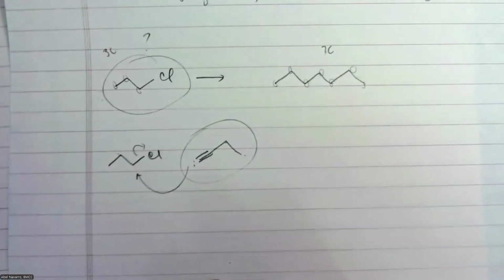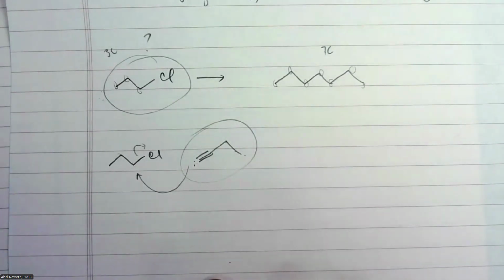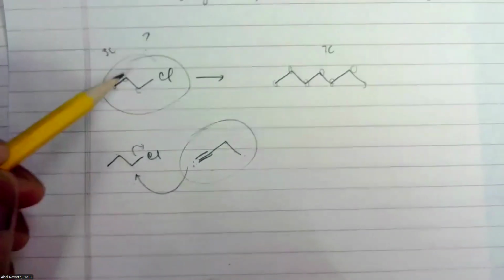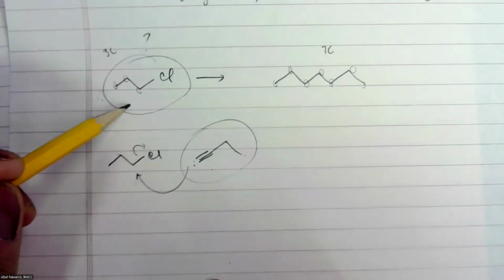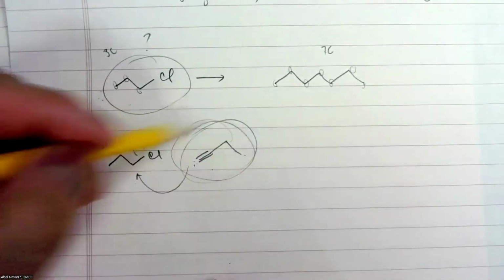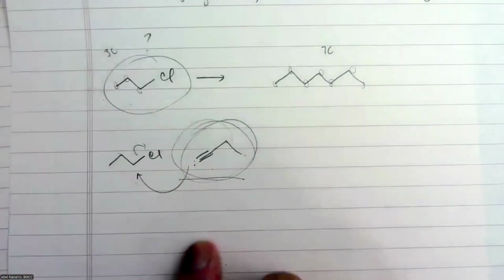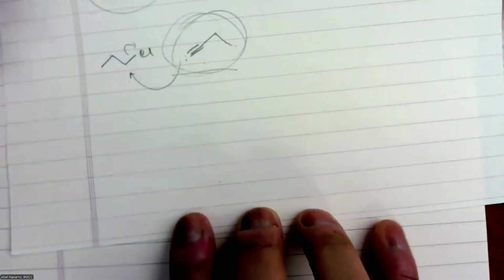All right, so I know that to make my chain longer, I need to use an alkyne and an alkyl halide. I'm given the alkyl halide already. So let's bring in only the alkyne. Okay, so it depends on the scenario. So in this case, for example, if they tell me,